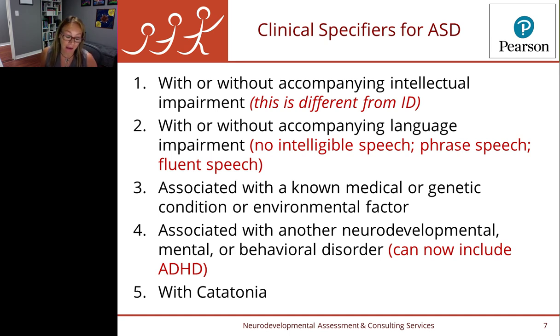If it is, you want a primary diagnosis and a secondary. It really depends on the presenting symptomatology. I will give both diagnostic codes, but I will list here in the specifier that there's comorbid ADHD. And then there is research to show that catatonia can be present in some individuals with autism. We usually see these symptoms in later adolescence and or adulthood, so it's important to note here as well.